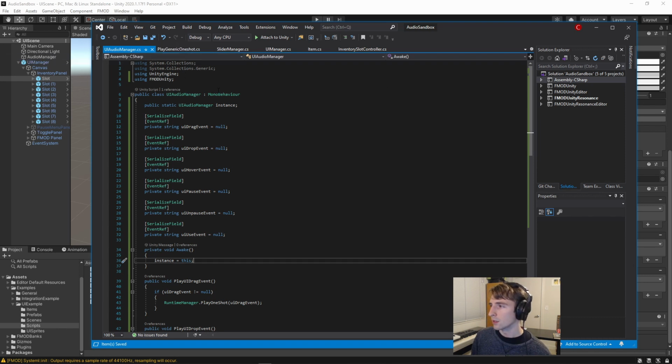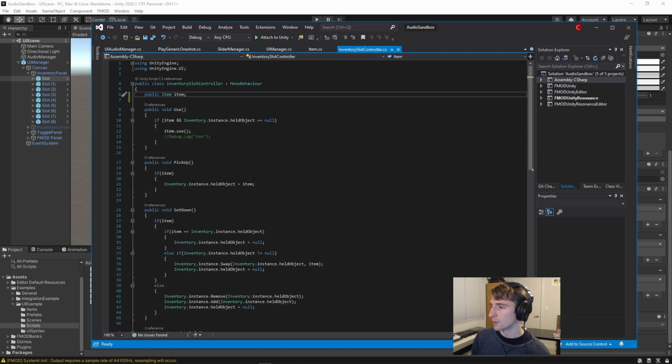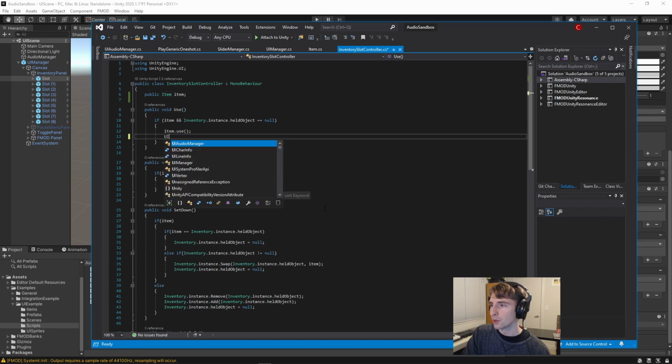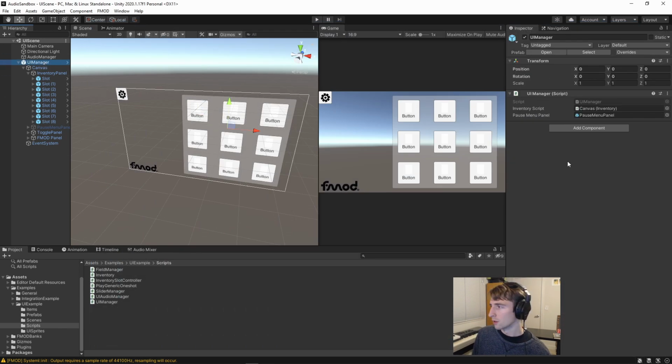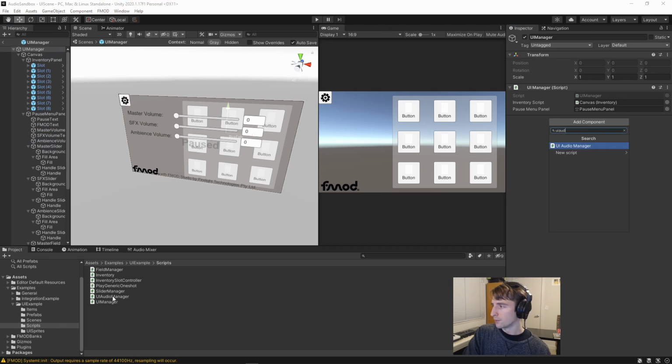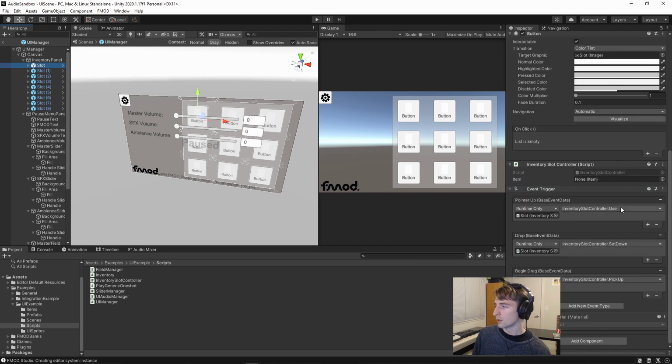So to do that, we'll go over into our item, where our item's use function is, where actually we could do it in our inventory slot controller itself under use. So where this debug statement is, we'll say UI audio manager dot instance dot play UI use event. And now if I go over to our UI manager here and open it and add our audio manager, I'll need to assign all of these fields. We'll save and we'll double check that our use is assigned here, and it looks like it is, under pointer up. Now if I hit play,